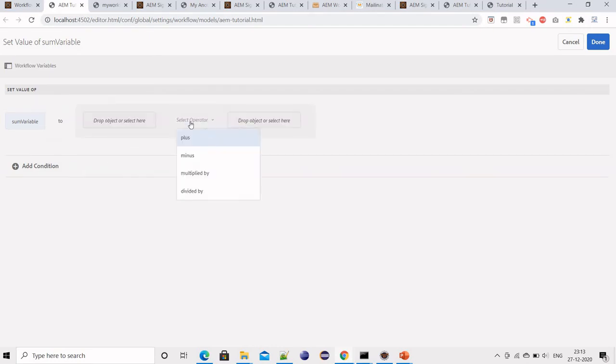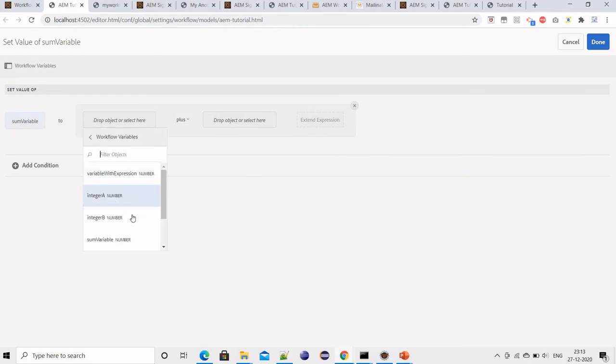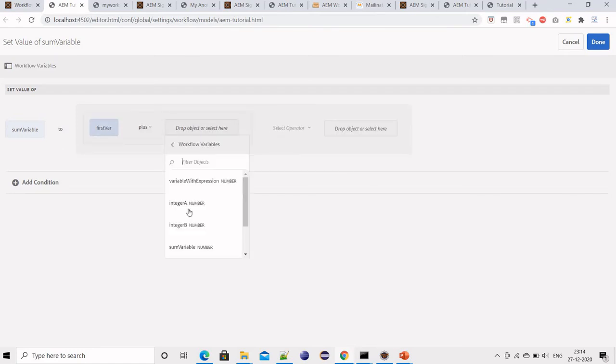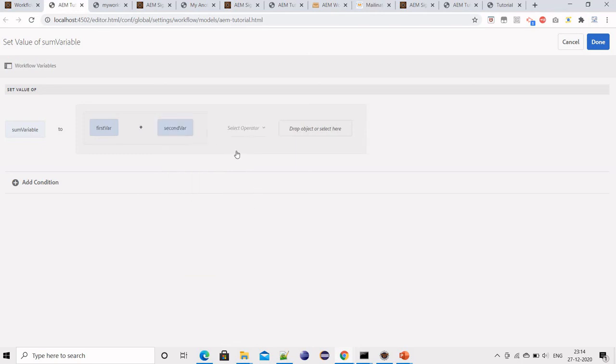and maybe I want to plus it. There are other options as well, maybe I want to multiply or divide, so we can decide. And then the two variables I have taken, the first var plus the second var.